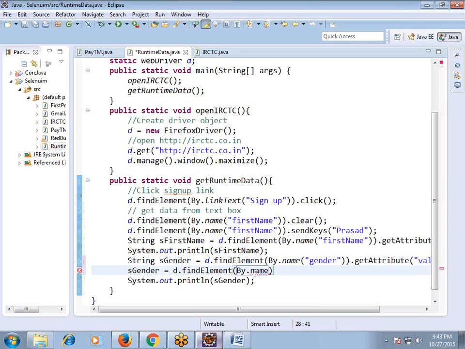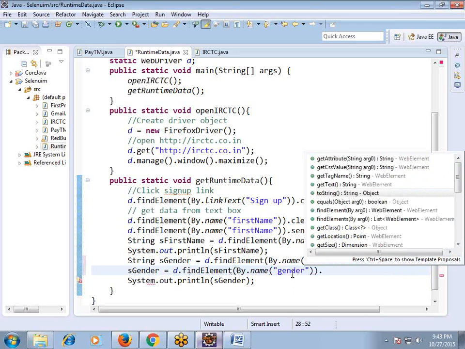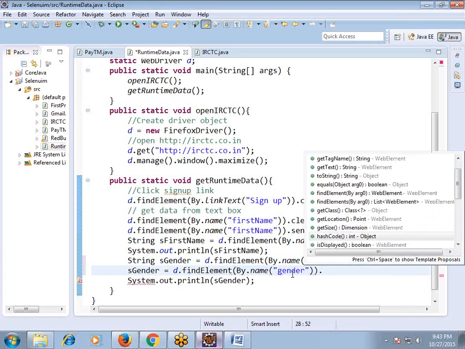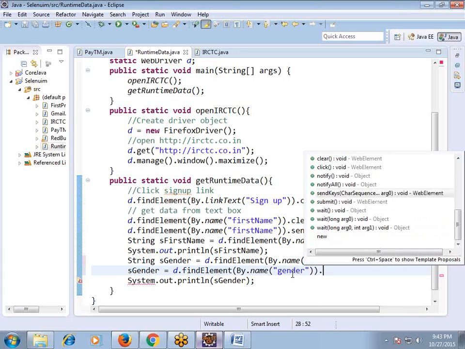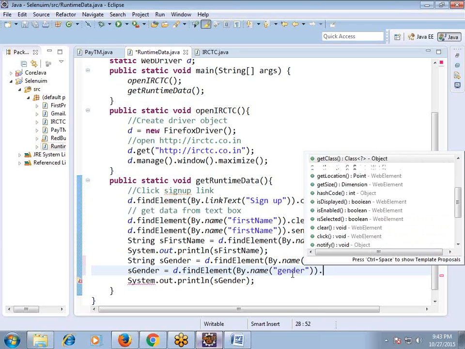One second. Is there any method directly for this? We don't have any other method to get the selected value. One second. No, not available directly. So what we can do